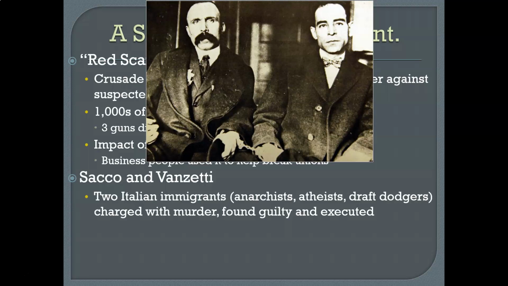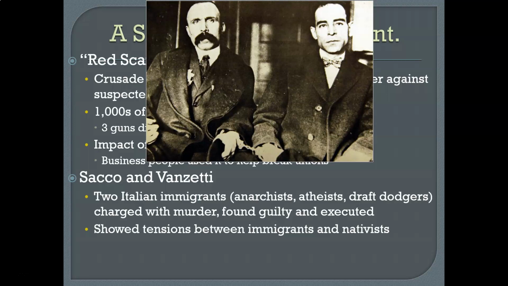The problem is that the two men that robbed the store that they were accused of robbing and had killed the clerk, they were Italian. And so they found these two Italian men. The gun matched the gun used in the murder, and they charged them with murder. The problem here is that after they were charged with killing the paymaster in Massachusetts, the case against them was weak and suffused with nativist prejudice and fears. But because both men were confessed anarchists, they faced a widespread public presumption of guilt.